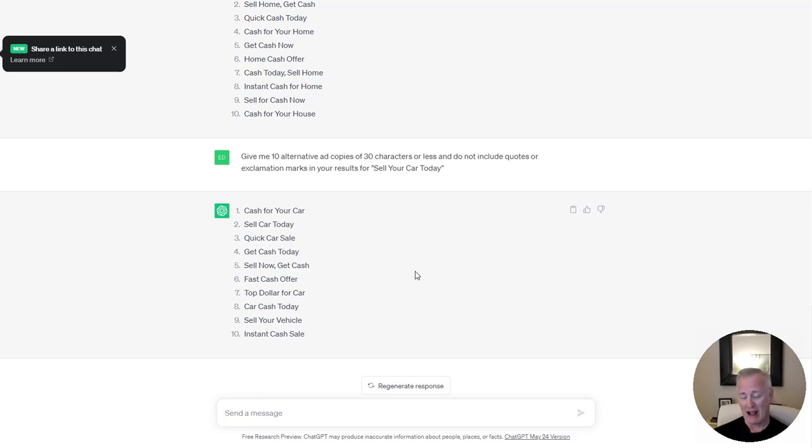And of course, you can do exactly the same thing with descriptions. In fact, I found that the description responses, because there are more characters, tend to be a little more varying. Sometimes they get a little off topic when that happens, so you may need more results, but it works quite well. So hopefully this is a new way you can use ChatGPT to improve your ads and improve your results with Google Ads.